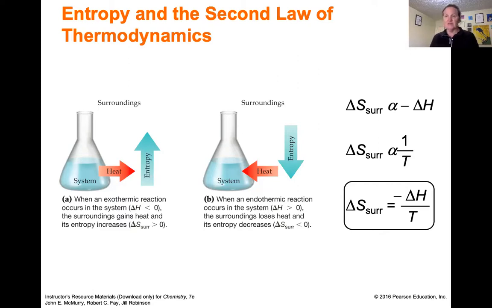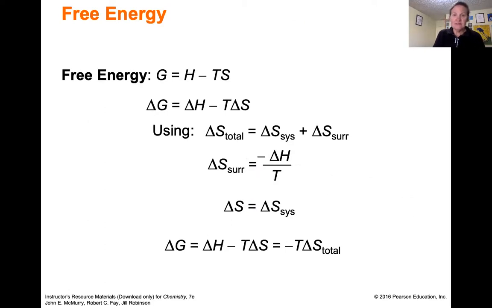You put those two together, you can find out with experiments that the surroundings entropy change is equal to negative delta H for the system divided by T in Kelvin. And so you learned in Gen Chem 1 that we chemists use a Gibbs free energy change to decide if a process is spontaneous. So this slide is super important because we want to confirm that chemists just use the laws of physics. They don't make up their own laws. They may act like they do, but they don't.